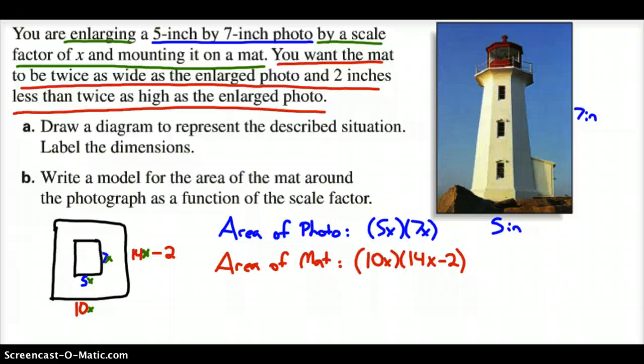But now we're going to write our verbal model. The verbal model is going to work like this, right? We want to know what's the area of this shaded part that's actually left over. That's what we're really interested in. Well, if we have an expression for the area of the photo, 5x by 7x, and the area of the mat is represented by 10x times 14x minus 2, then we should be able to say that the area of the mat, or let's say area of leftover mat,